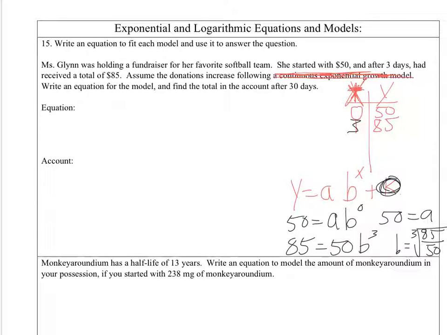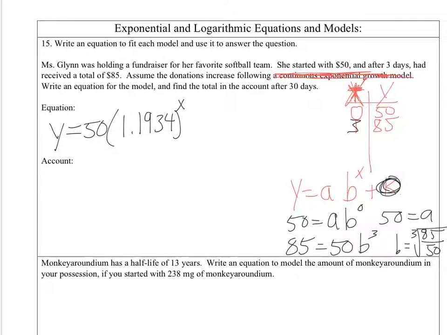In terms of decimals, we got 85 over 50, which is 1.7. The cube root of which is 1.1934. So we end up with an equation that's y is equal to 50 times 1.1934